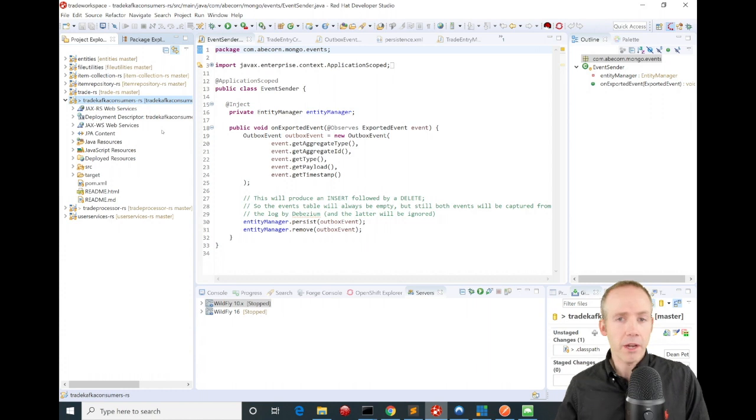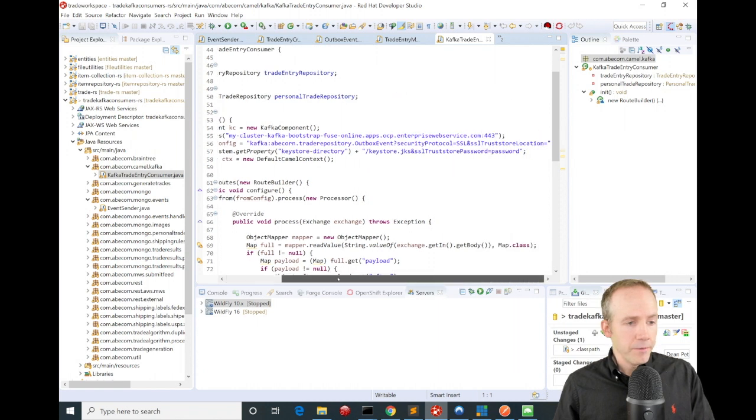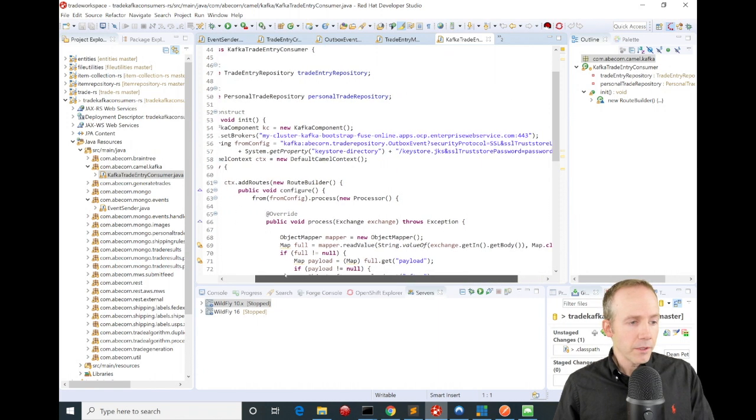It's very simple code. We're not going to have to write really low-level code when we consume from Kafka. If we poll Kafka for any changes, we don't want to write any of that low-level code. We're going to take advantage of Apache Camel, and it's just pulling in. So we're using the exposed routes to our Kafka